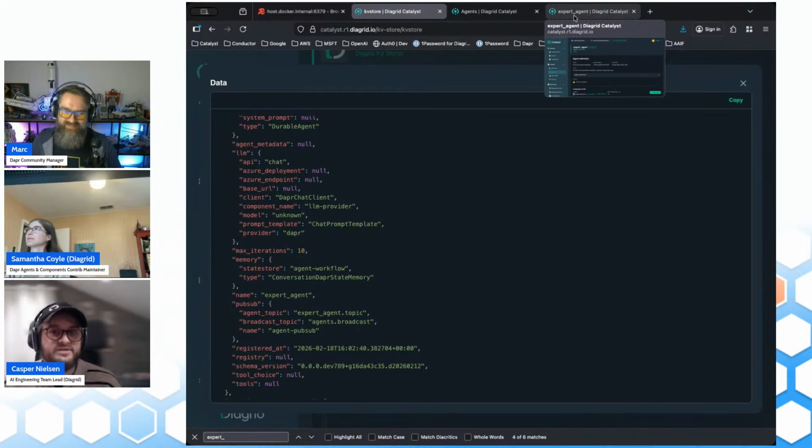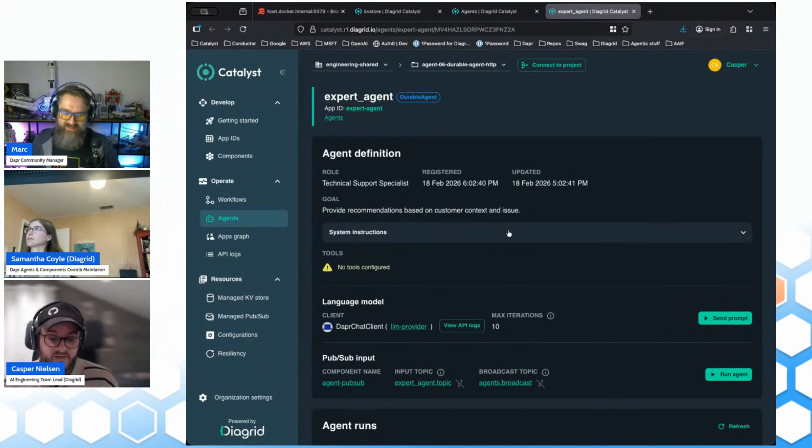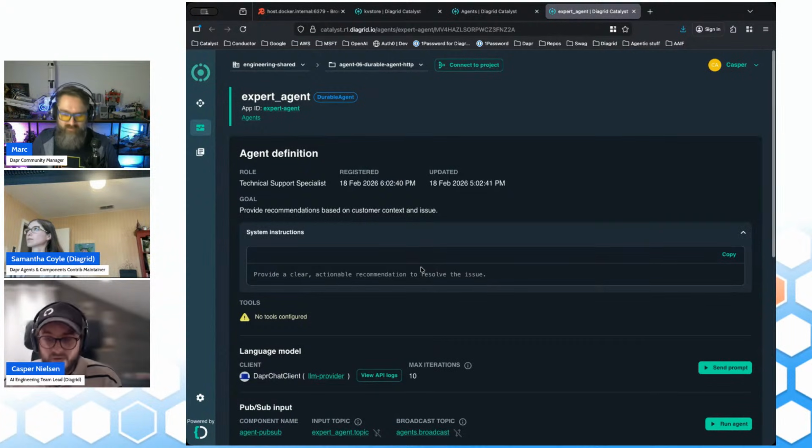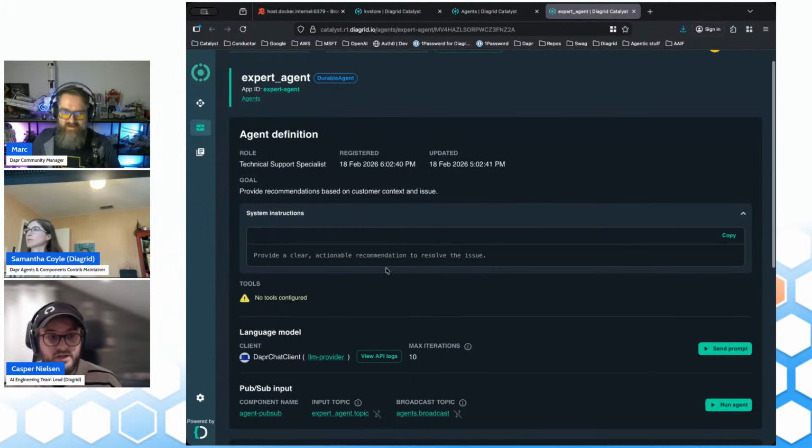So what can you do with this in a UI? And in a UI that could look like something like this. So here is an overview of extraction from that expert agent. Mind you, this is not the hot reloaded agent. This is a static agent. It's no longer running. But here you have a representation of all of the information that were in the metadata,